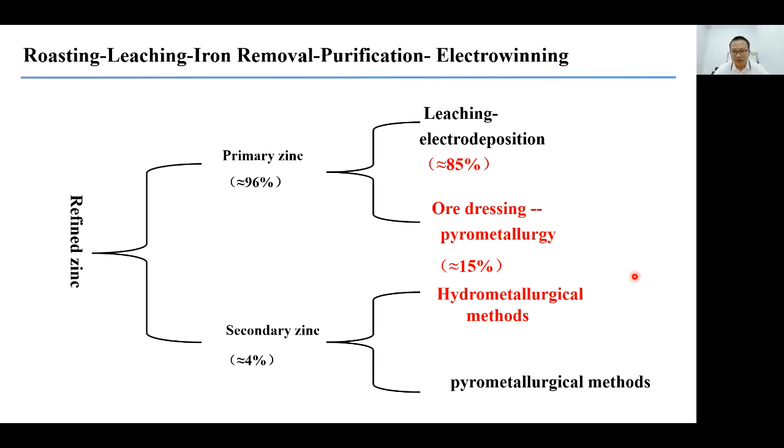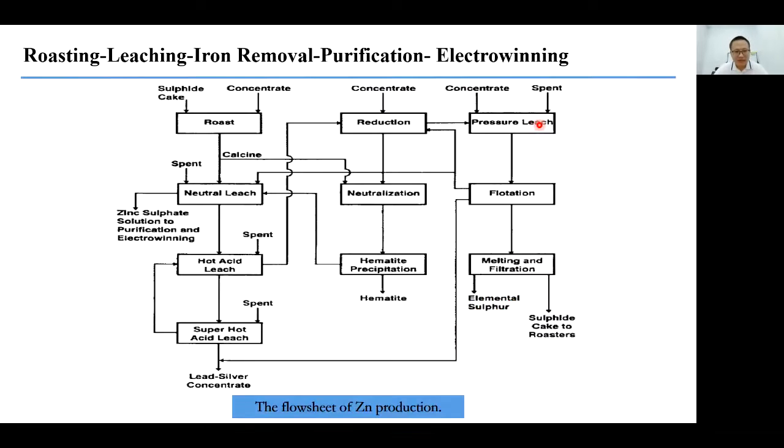So let's have the conclusion. Leaching, electrical deposition, electrical winning. This is the dominant technology, so we are covering it one by one. First of all, this is how zinc is produced with this